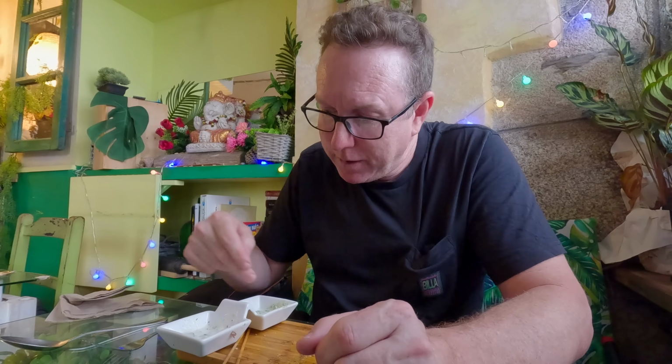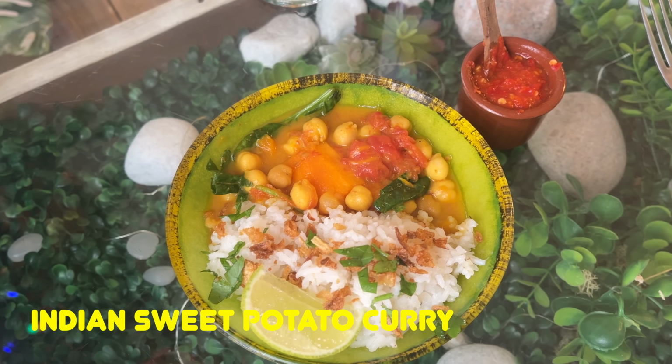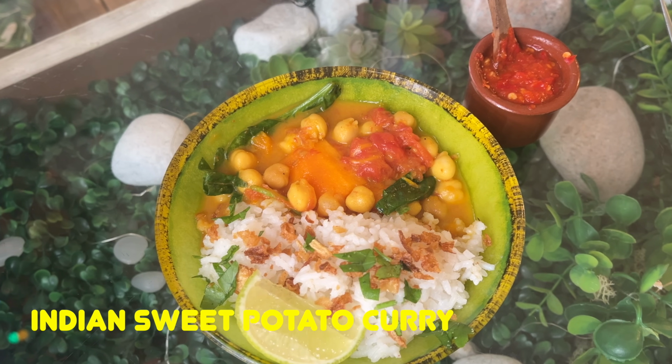The freshness of the ingredients that I had on my plate, second to none. And these sauces here, a mixture of sweet and sour, a little bit spicy as well. And this one here particularly delicious. Let's wait for the second thing to arrive. Can't wait. Now the second dish has arrived, and this is the Indian sweet potato and chickpea curry, in Spanish